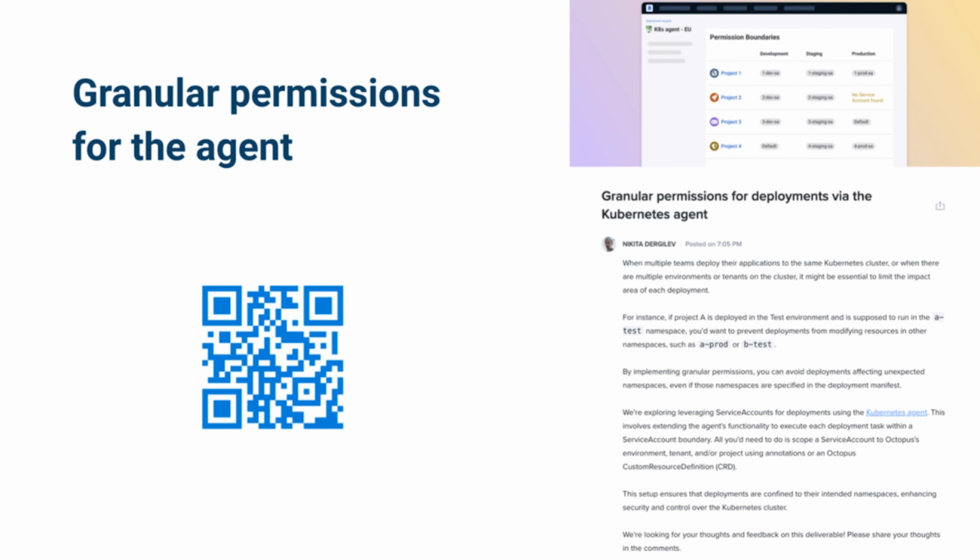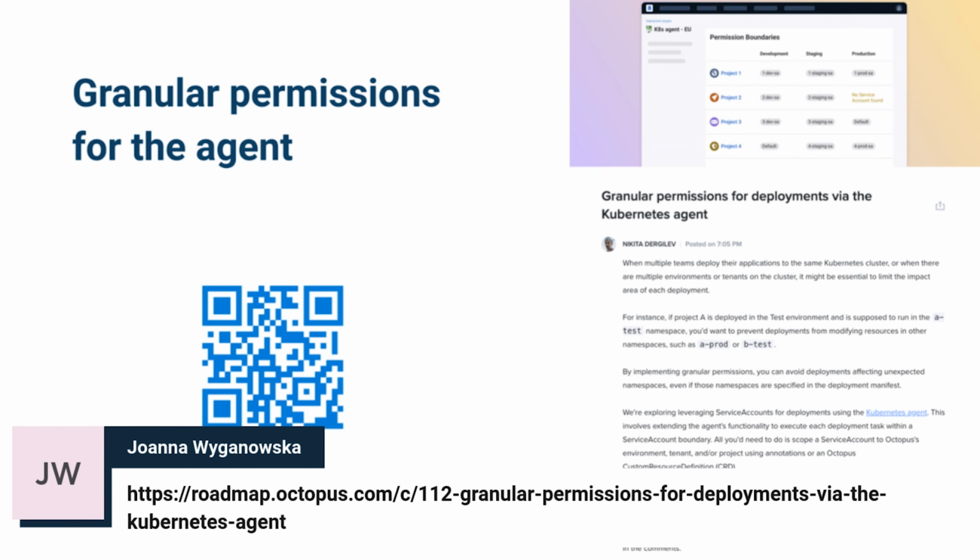Maybe you run multiple applications from different teams on one cluster, or you run different tenants or different environments, and maybe you want an extra protection. For example, you don't want project A impacting the namespace of project B, or the test environment namespace. Maybe you don't want this by accident if someone just puts a different namespace in the manifest. Maybe you don't want them to deploy it by accident in, I don't know, development or test or staging